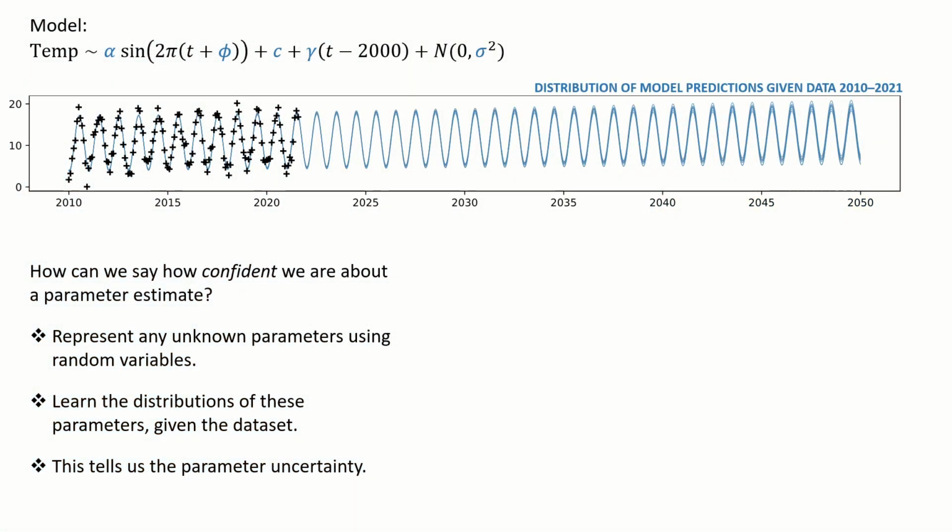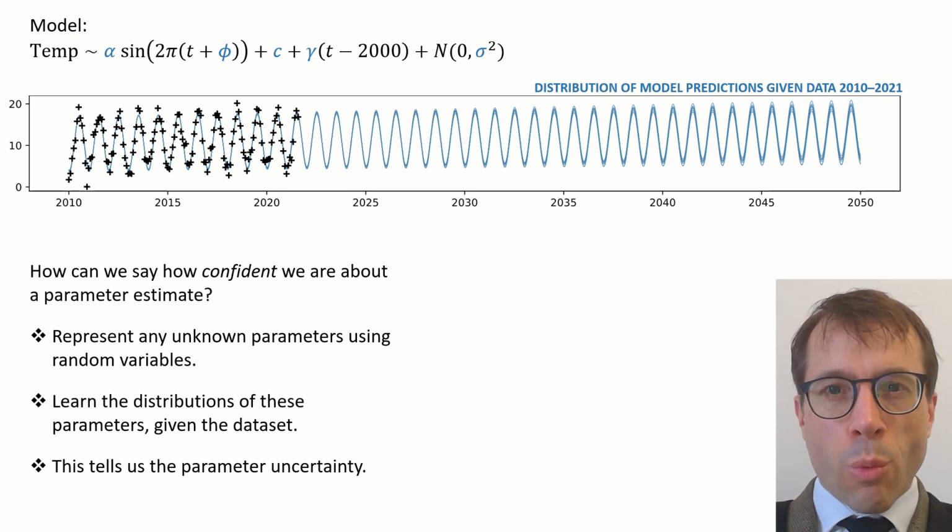Here, I've updated the plot to show the prediction uncertainty. I've taken these random variables for the parameters, I've sampled values from them, and for each random sample, I've plotted the temperatures we'd expect for those particular parameters. The parameter variables are random, so each time I sample from them, I get different values, so I get a whole load of prediction lines. And as you'd expect, the predictions get more and more variable as we project out to the future. Just a little bit of uncertainty in gamma, in other words, just a little spread of gamma values, and the further we project into the future, the bigger a difference it'll make.